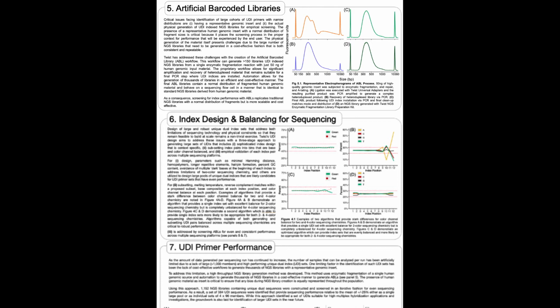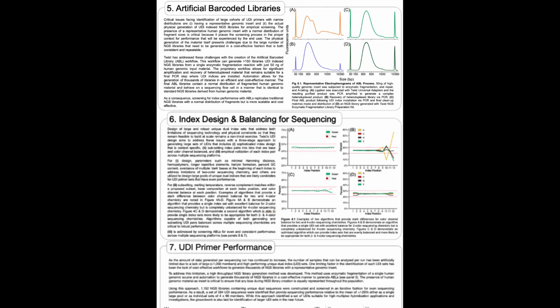Now, one limiting factor in the identification of such UDI sets has really been the lack of cost-effective workflows to generate thousands of NGS libraries with a representative genomic insert. To address this limitation, a high-throughput NGS library generation method was developed here. This uses a combination of fragmentation of a single human genomic source and automation in concert to generate thousands of NGS libraries in a cost-effective manner, through a method that we refer to as the creation